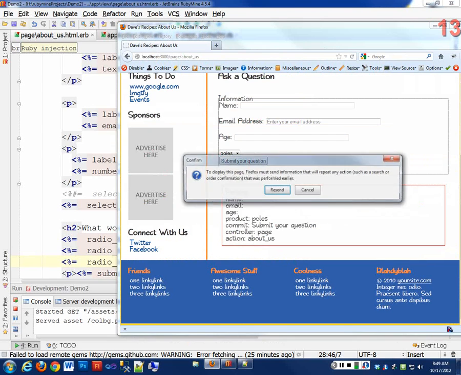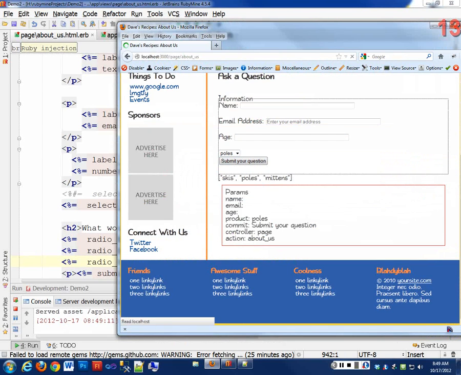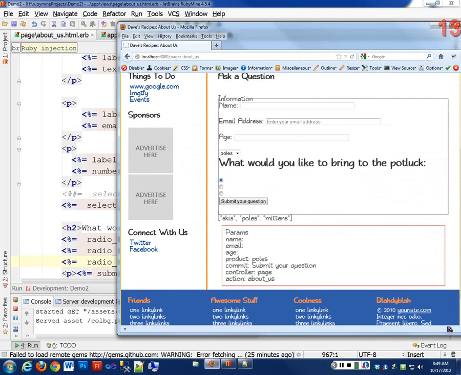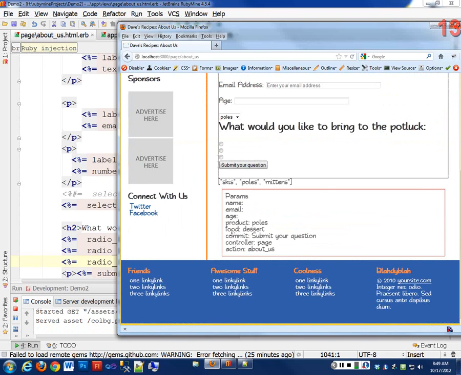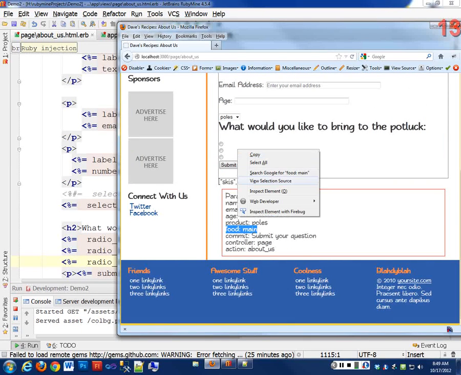If I reload my page, I've now got radio buttons here, right? Look at that. So when I submit, I get that my food, they selected dessert. If I select this one, I'll get food is main. All right, so these are all, if I look at my source code,